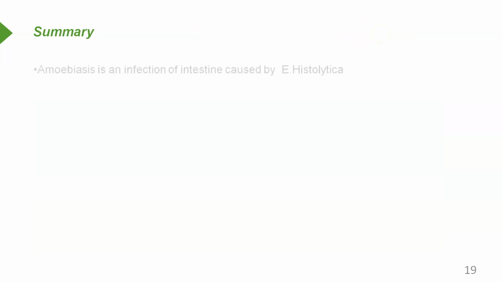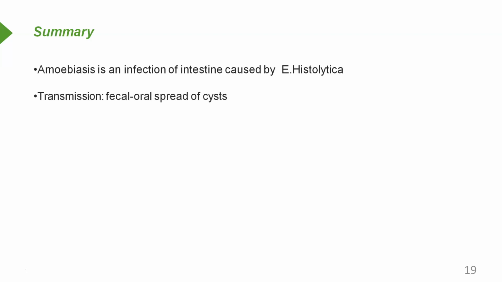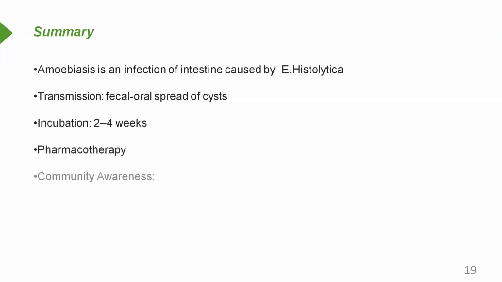The summary of the whole topic: amoebiasis is an infection of the intestine caused by Entamoeba histolytica. The transmission is mainly through fecal oral spread of cysts, and the incubation period may range from 2 to 4 weeks generally. For pharmacotherapy you can use metronidazole, paromomycin, diloxanide furoate, secnidazole, and some other drugs like probiotics or antibiotics may be needed depending upon the clinical situation of the patient. And the main